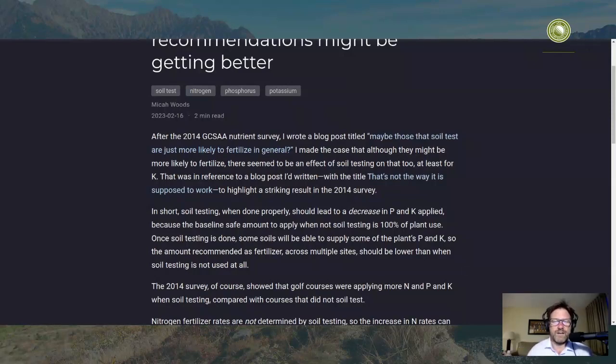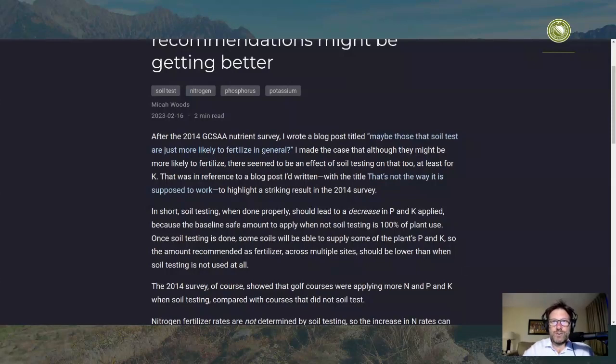You consider it like a hydroponic situation. That's a word that people sometimes use when they're talking about new sand-based root zones. And it just makes sense to be safe to apply 100% of phosphorus and potassium and just assume that the grass can get nothing from the soil. So that's like the logical default.